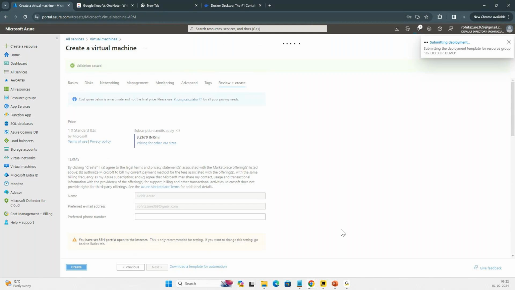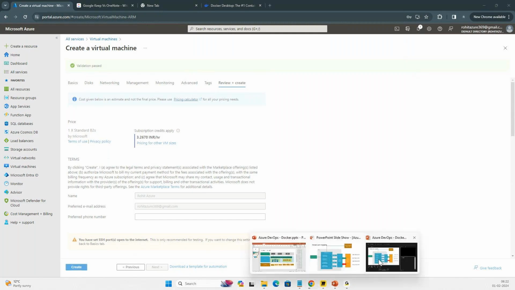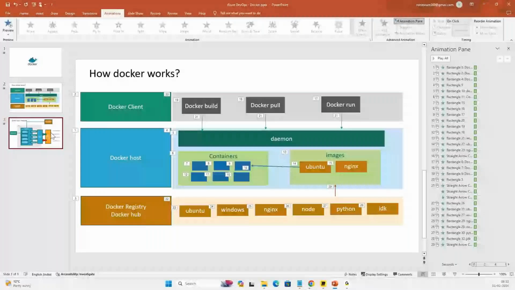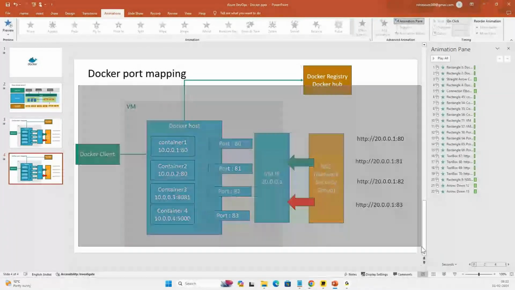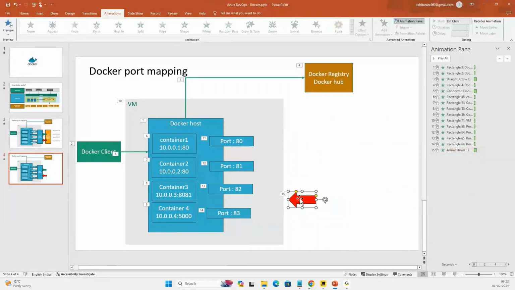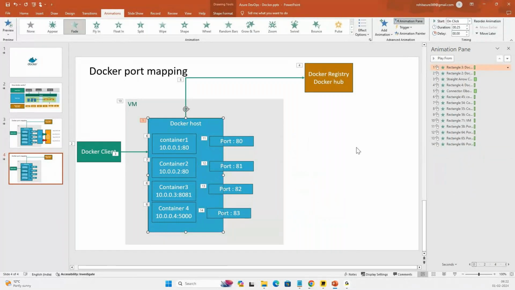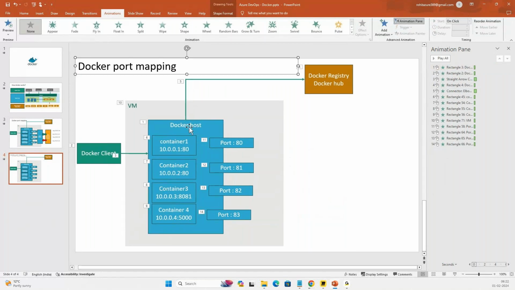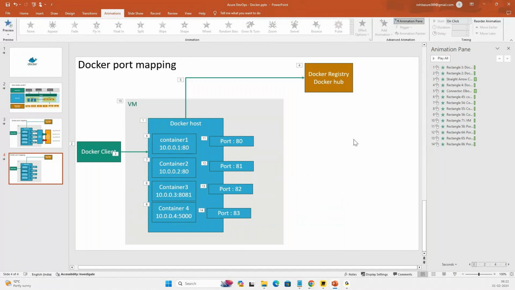Now, meanwhile, when it is coming up, I will just give you one more detail here. One more thing which we can really discuss is about the communication. So whenever you run some commands, right? Whenever you say, okay, I want to pull some image, I want to push some image, I want to run